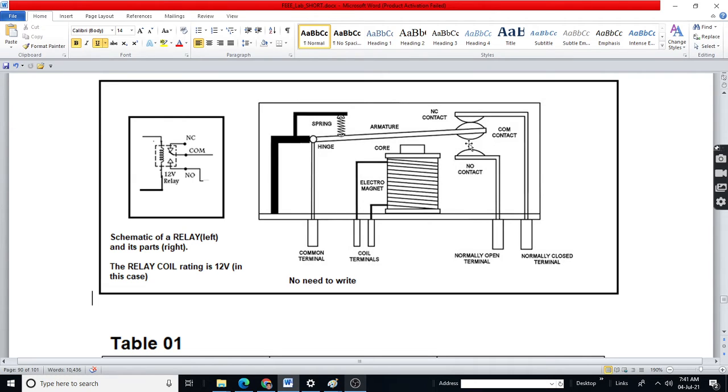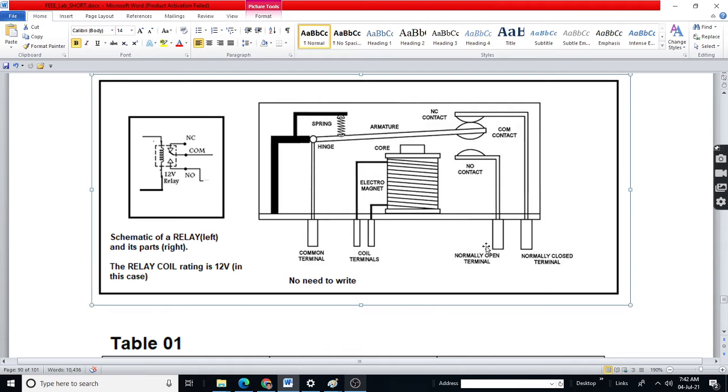This armature is a little bit heavy, means it can conduct more current. So the operator is on the left side. Supply and load are on the right side, common, NO and NC. So the operator is free from the supply and load. There is isolation.